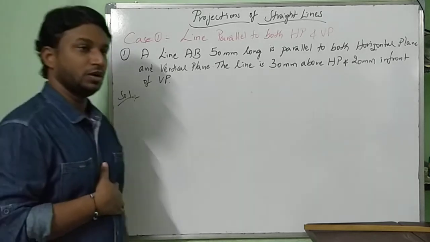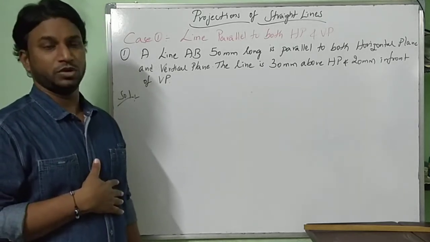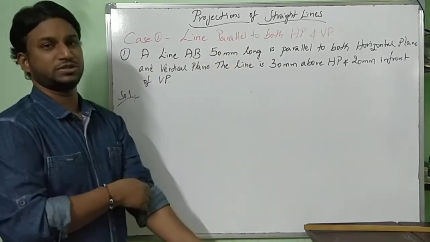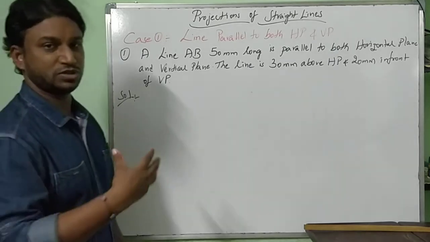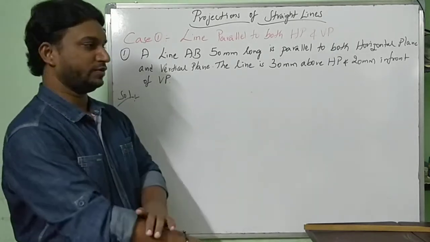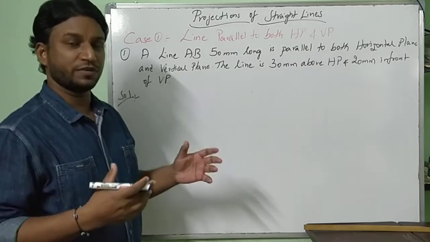From this video tutorial onwards, we are going to start discussing a new topic, projections of straight lines. What do you mean by a straight line? A straight line is a set of points which are in a straight. Right? That's simple. I would like to recall how to draw the projections of a straight line with respect